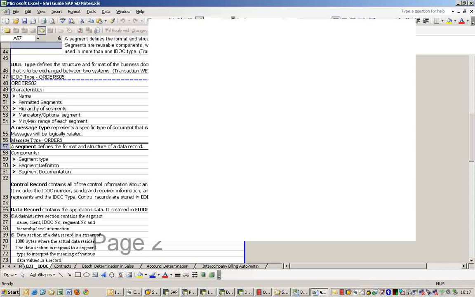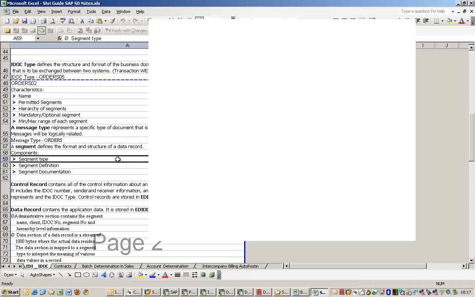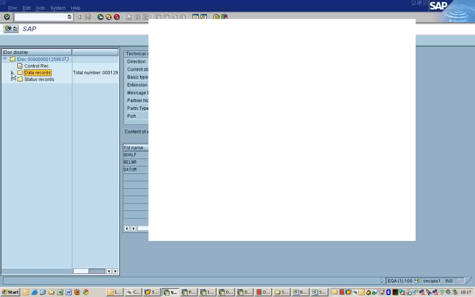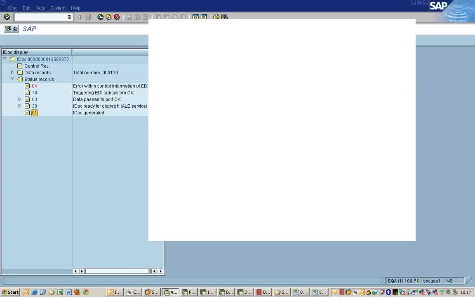Segments define the format and structure of the data record. So you have segment type, segment definition, and documentation. Entire responsibility is with the ABAPer. The data record contains segments, and the last is the status record. It shows what is happening with the IDOC pipe. IDOC has been generated, IDOC is ready for dispatch, triggered EDI subsystem, and error. This is what you will get.